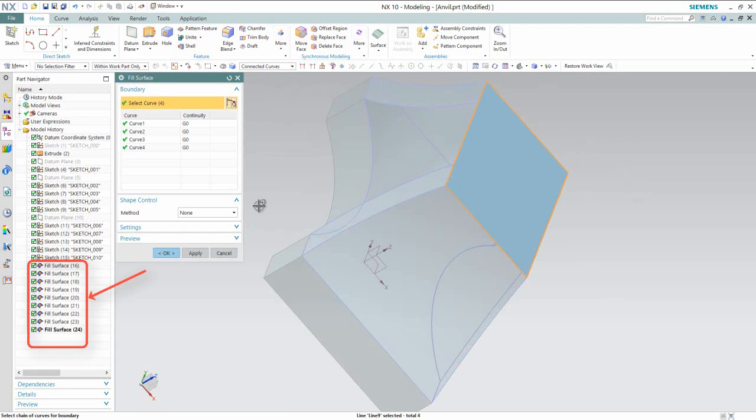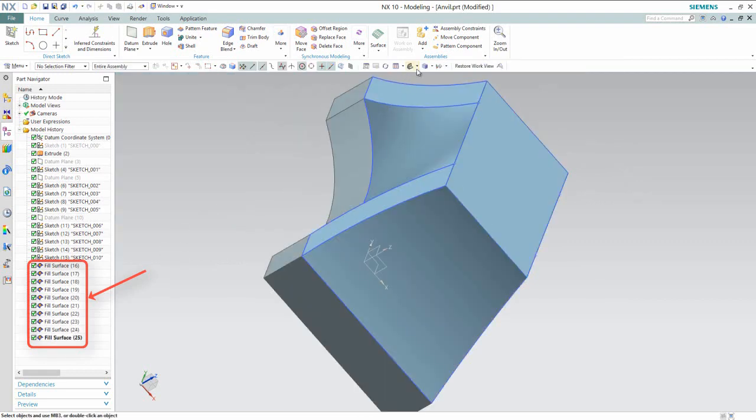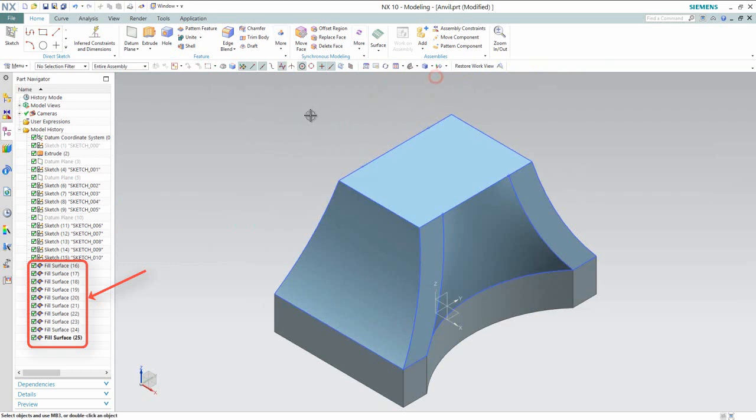Okay, now my various surfaces are created separately by using the fill surfaces command. Hide the visibility of the extrude feature.